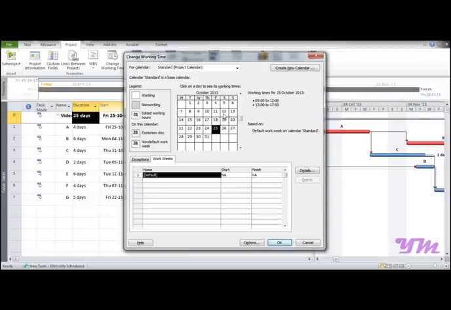Now suppose if we want to add an exception that the 28th October, which is Monday, would be a holiday. So in order to do that, you need to now go on to exceptions, type the name of an exception. Suppose it's here casual holiday, type it, go on to the start, enter the start date of the holiday, and